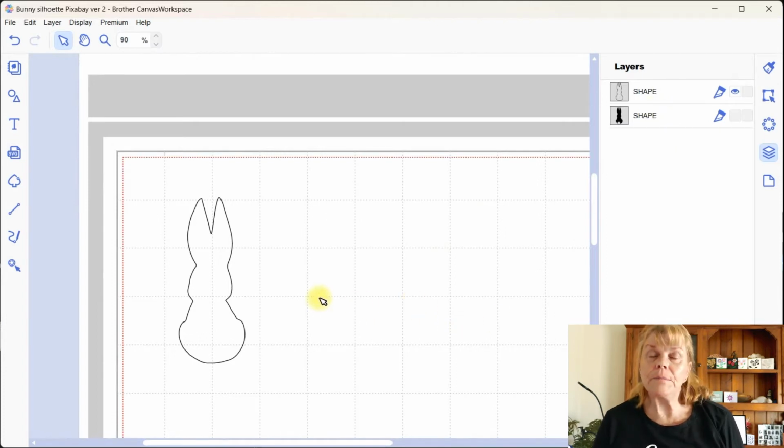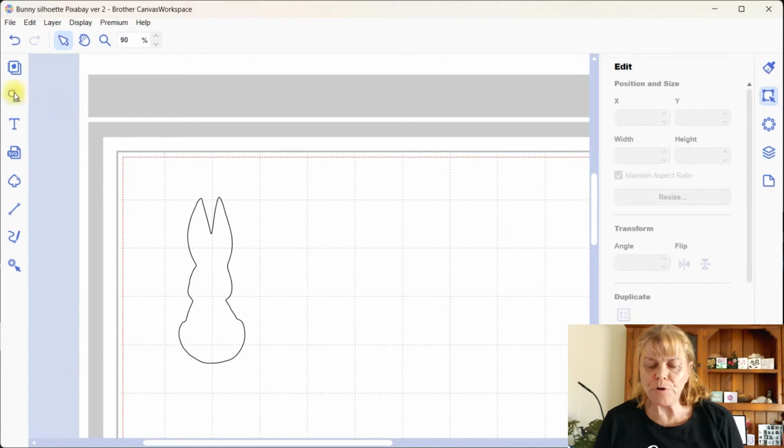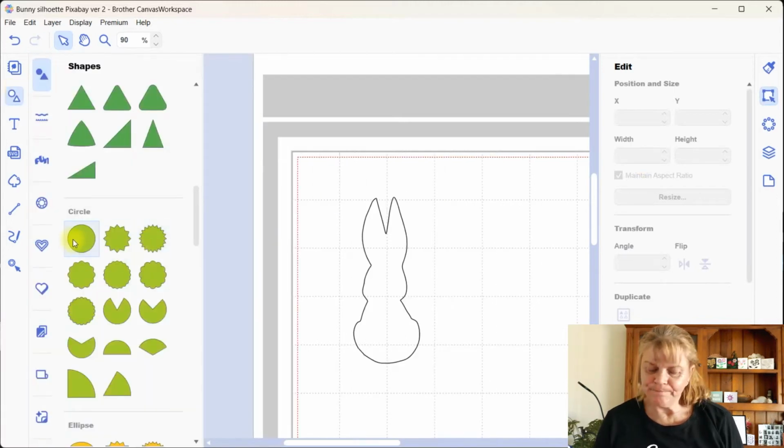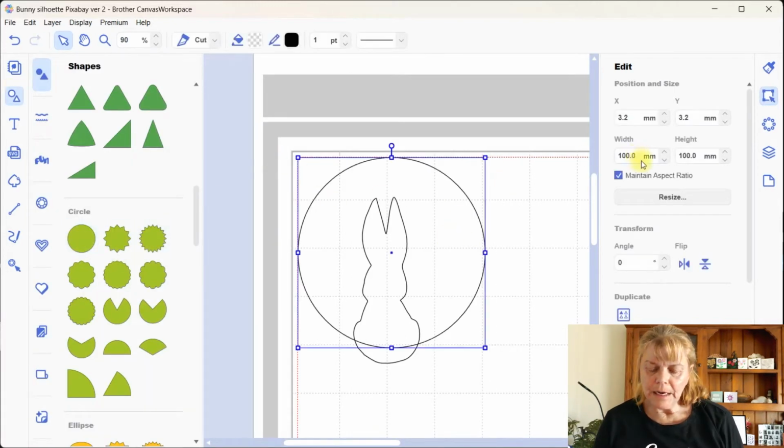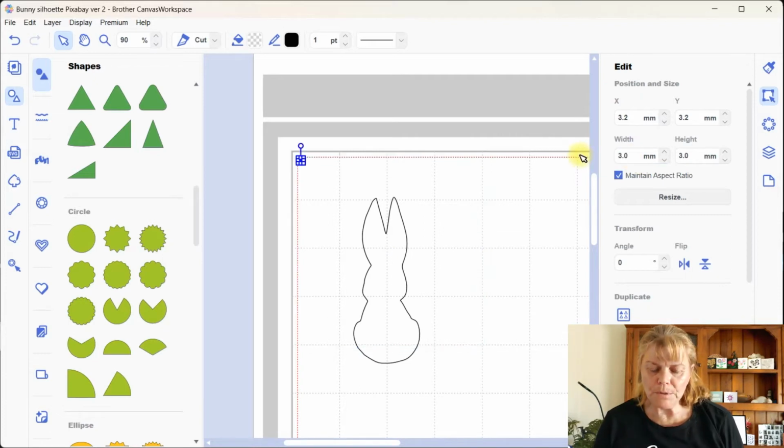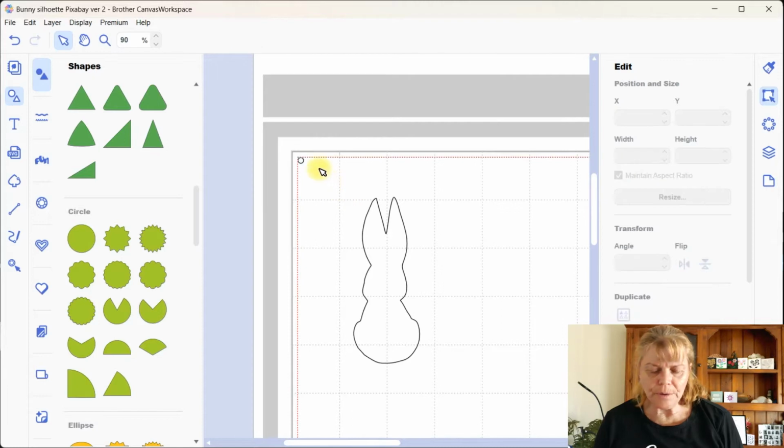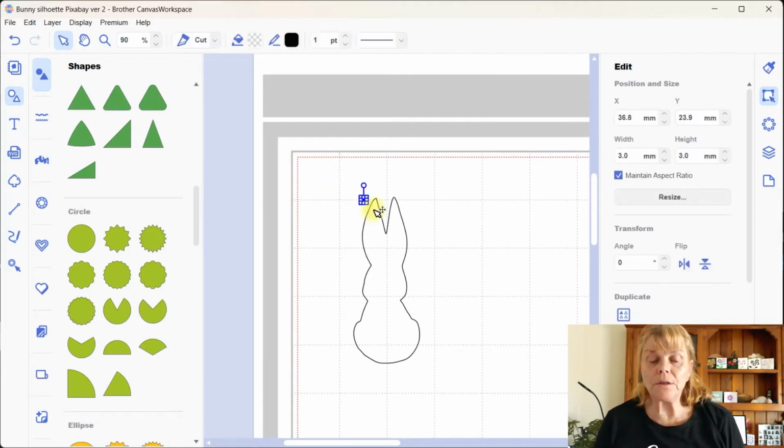So sometimes I will keep my original shapes just to keep track, but I will just delete that one in this instance. Okay, I've popped a circle on, gone into the shapes panel and popped a circle on, changed it down to 3 millimeters. It's about the size hole I want to put the ribbon through. I'm going to put like a stretchy string through, and